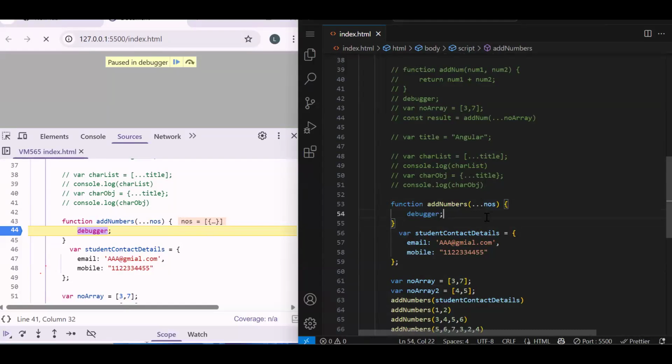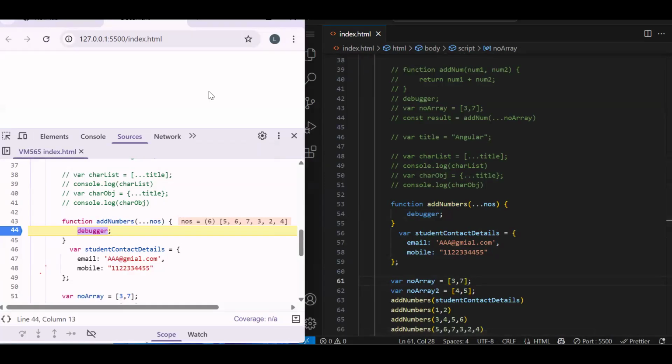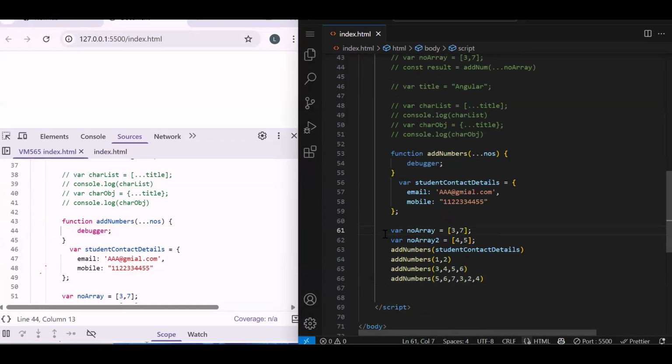So if I have to access the 7th value, then how can I? First you will write the number 0, then square bracket, and then 1, like that. Then you will get the 7. Okay, nested array, like a nested two-dimensional array. Got it. Let's move ahead. So this is one way. With the rest operator, we have one more scenario, that is